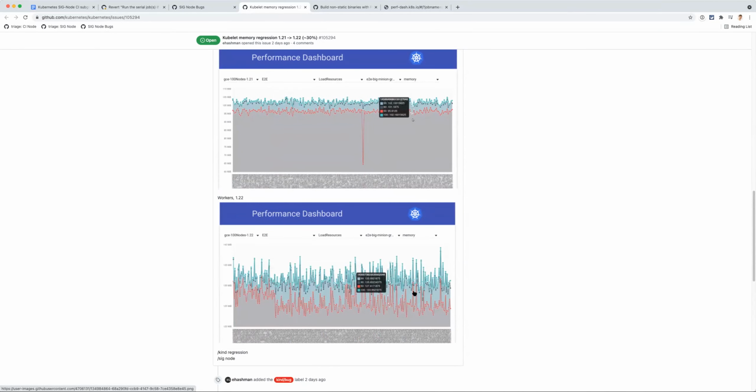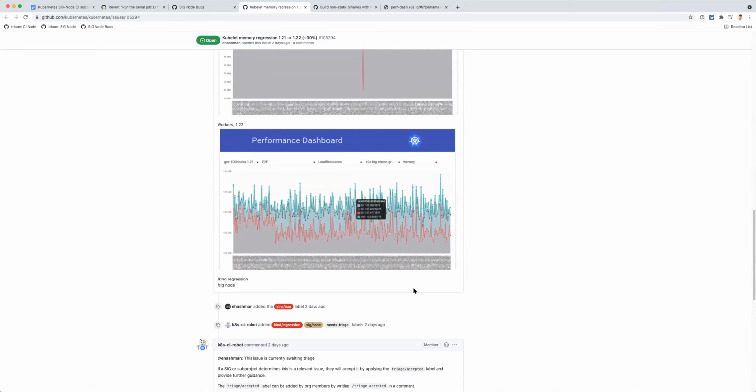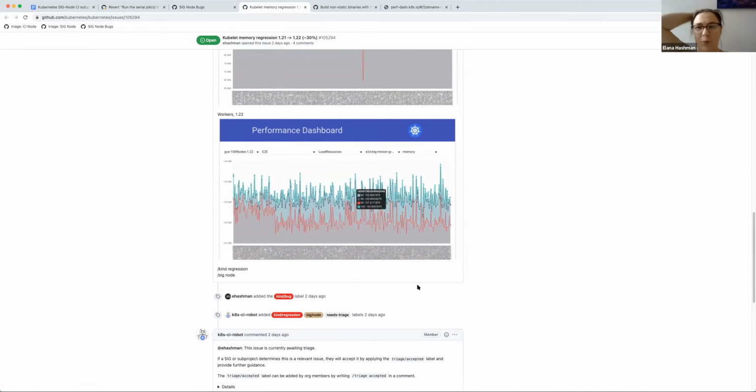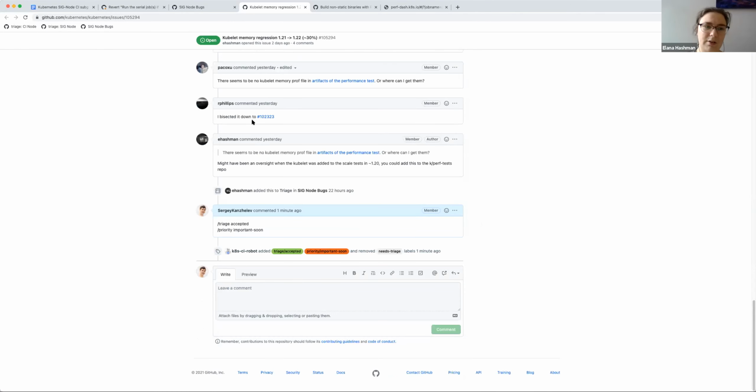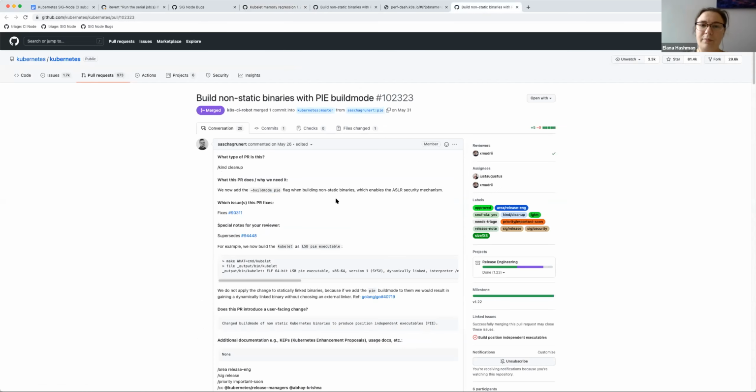And what was this regression again? You said it was bisected to something, Ilona? It was bisected to a change in the way they build the kubelet binaries, which I think is causing the memory footprint of the kubelet to increase. Let me take a quick look at the issue again. It makes sense why the memory footprint increased.